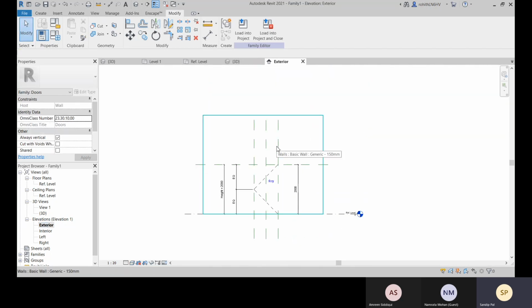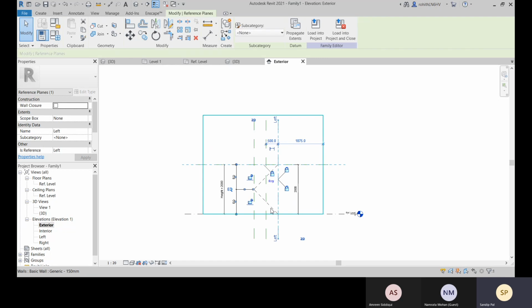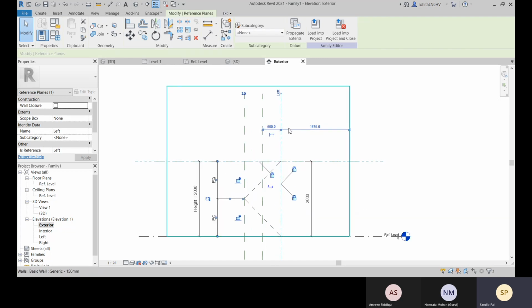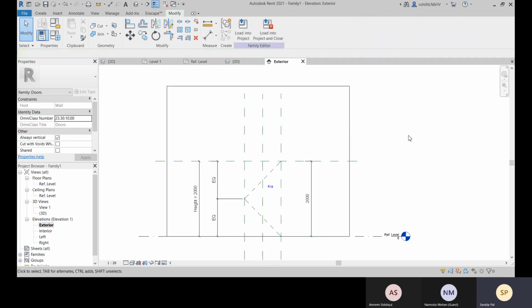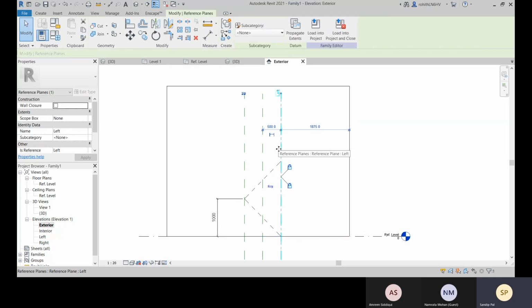Here you see we have some reference planes created, and these parameters are created. So let me create all of this from the beginning, so that you can understand.